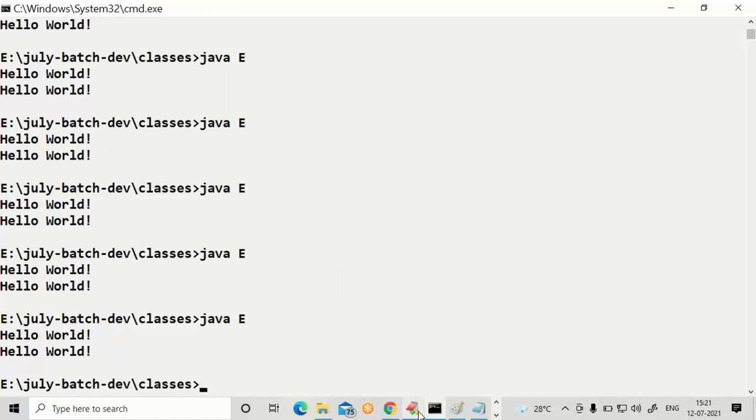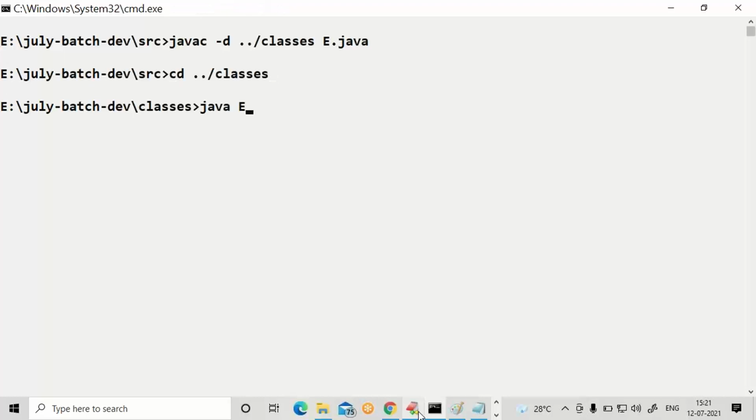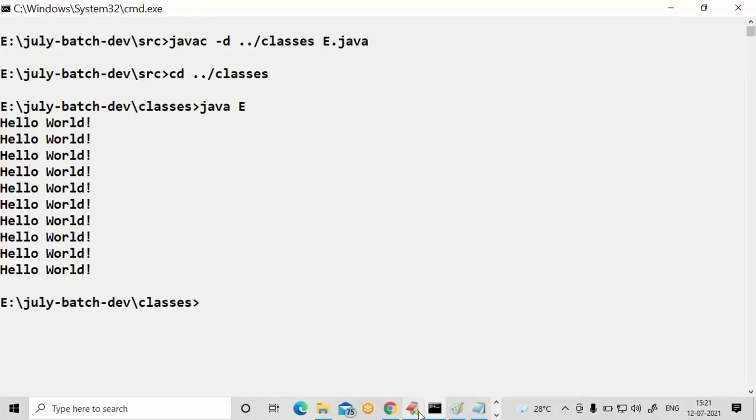How to get the current output? First and foremost one, come to the SRC, recompile. We are in the SRC. Trigger javac command once again. Come to the classes folder. Try running. You can see.